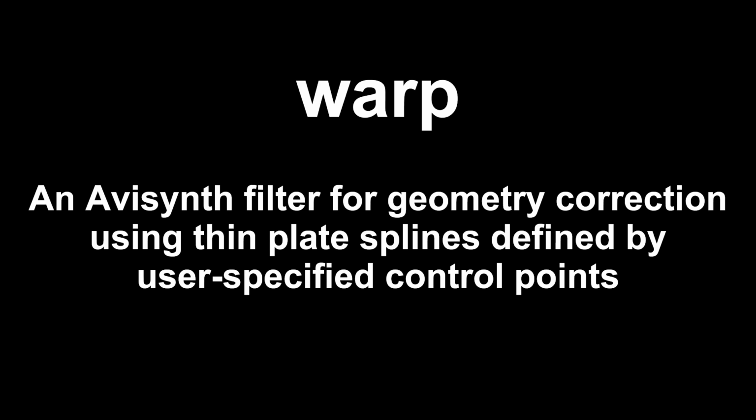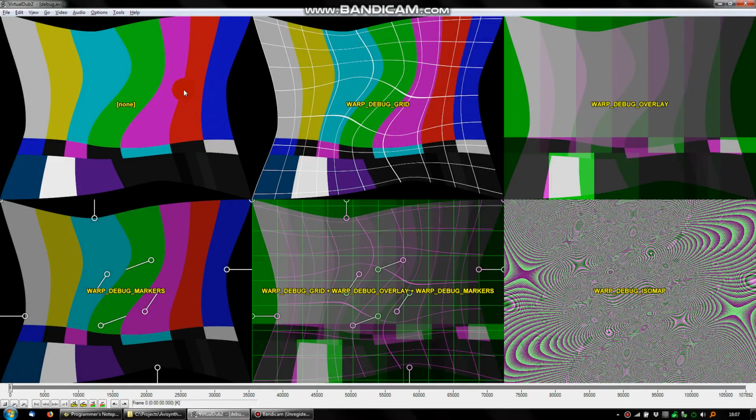This is a demo and tutorial video for my new Avisynth filter called Warp, which is for distorting the geometry of a video. As you can see on the top left here, this is the standard Avisynth color bars video, which has been distorted by Warp. On the bottom left you can see the control points which have been specified on calling the filter to distort the video. So these points on the sides here have brought the sides in,